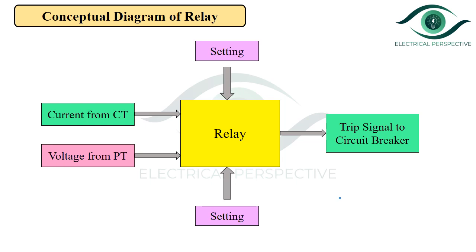Now let us assume that short circuit fault occurs on the transmission line. Then the value of current through the line increases to very high value, and let us assume that the proportional value of this fault current on the CT secondary side is 10 ampere. Okay. Now this 10 ampere is greater than the preset value, or you can say the pickup value of the relay, and therefore in this case the relay will send trip signal to circuit breaker to isolate the faulty part.